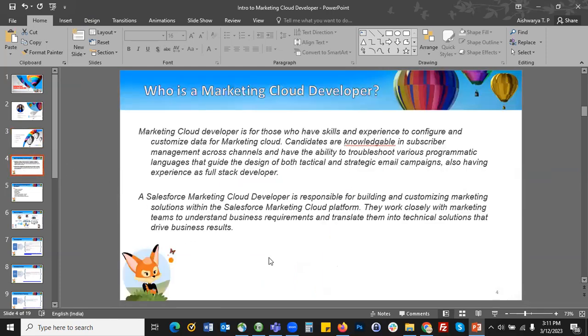So the classic way of learning anything is starting with a definition. Whenever we learn any new topic or any new skill, it is my approach to start with a definition and with an example or a use case to understand what the topic is all about and the basic concepts involved in the topic.